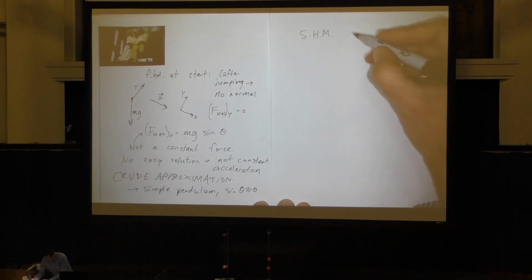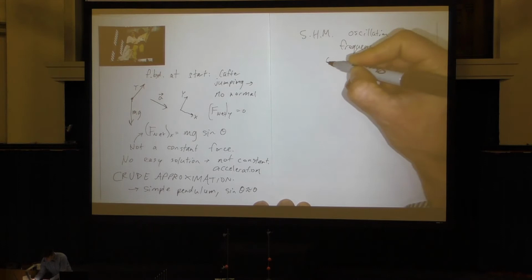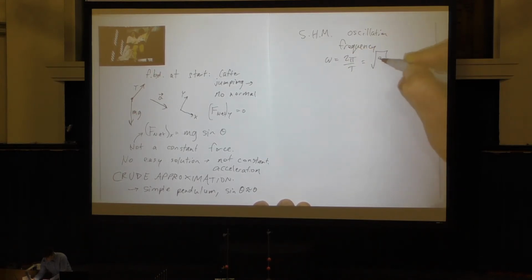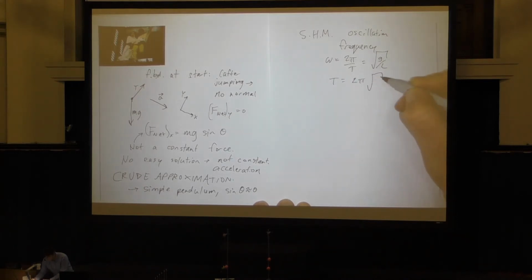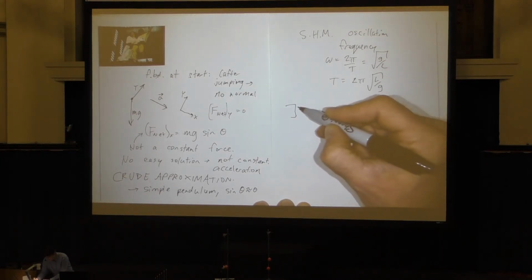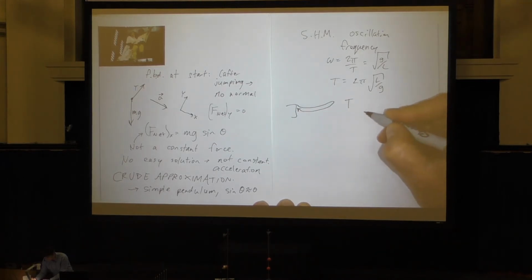They're just going to swing back and forth with oscillation frequency omega equal to 2 pi over T equal to the square root of g over L. And then, again, the period is going to be 2 pi times the square root of L divided by g. And then what you can do is say, well, one period, T, is the time